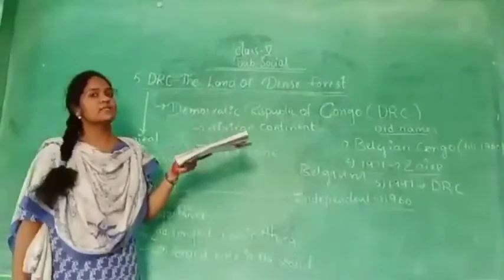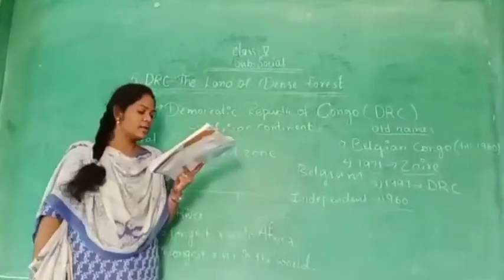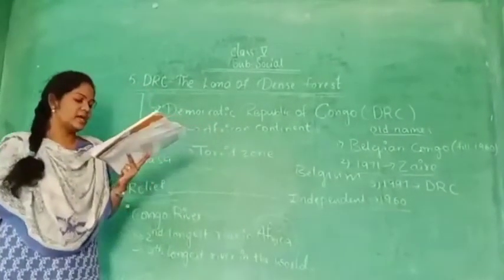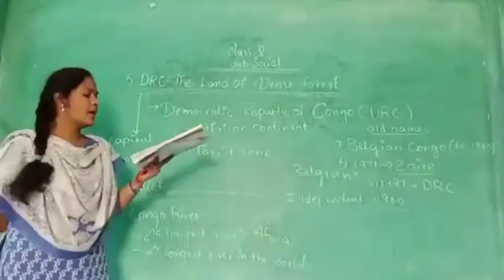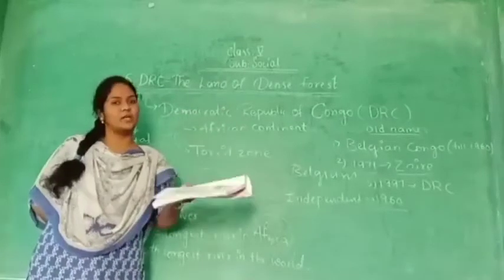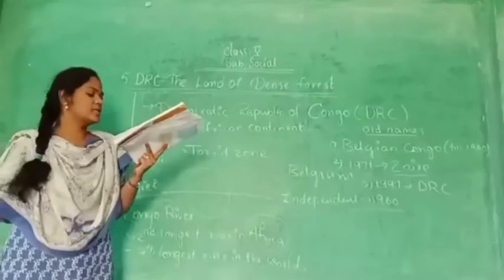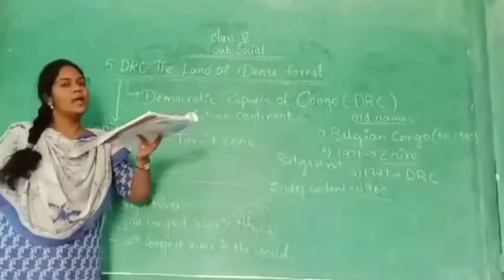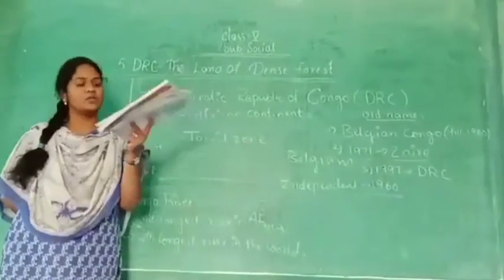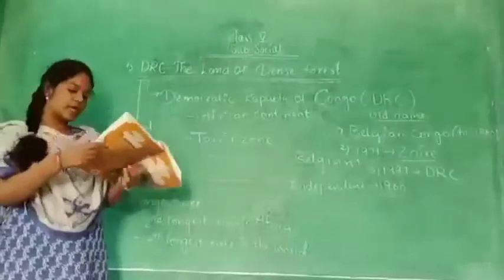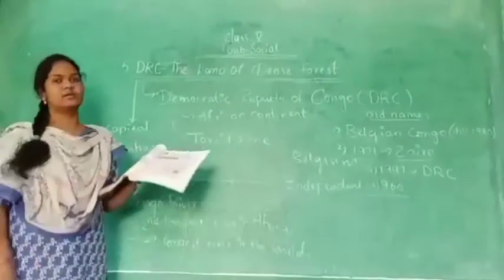Total DRC is watered by the Congo River, okay? And there are high mountains in the eastern edges of the DRC. Not only this, we can see the high mountains in the east part of DRC, and plateaus in the south and southwest. Not only mountains, we can see the plateaus in the south part, again in the southwest directions. Okay, mountains and plateaus we can also see in the DRC.